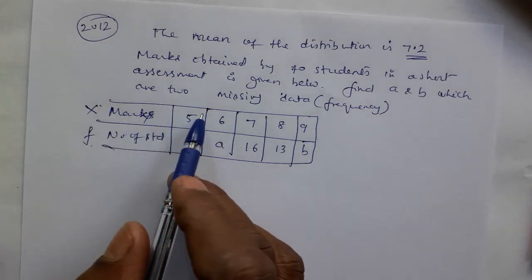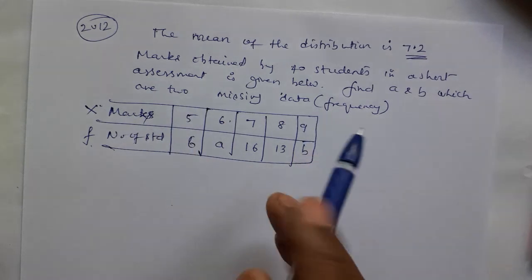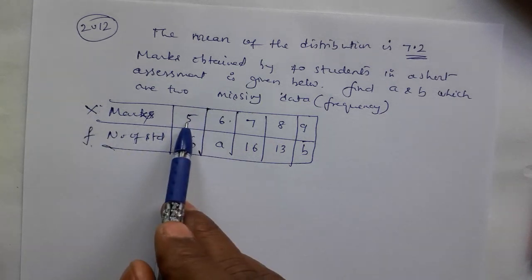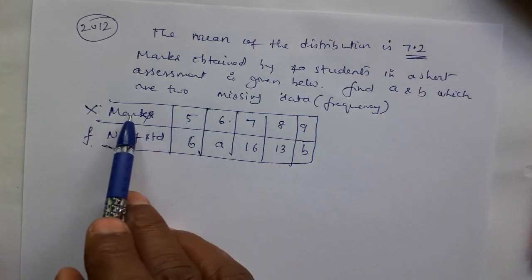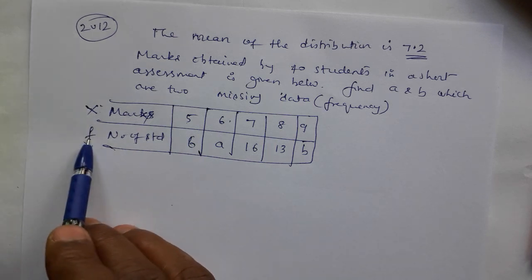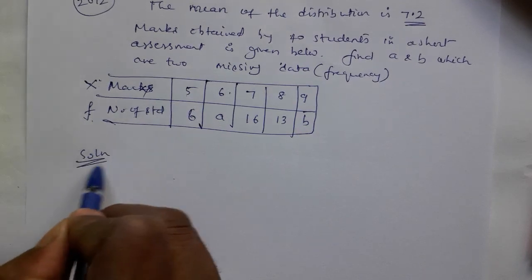So there is no class interval. In case class interval is given in the first row, we need to convert to x by getting the mid value. Keep it in mind. But if there is a direct value without class interval, it is always taken as x only. So no need to get x. It is already there, x and f. So we have to get fx directly. We go for the solution.